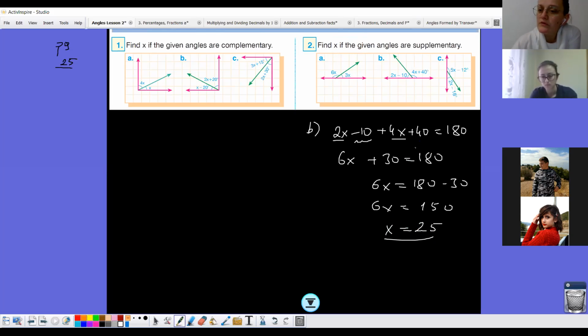In all of them, you will do the same thing. You will add and equalize to 180. In the first one, you will add and equalize to 90. Okay? Now, can I